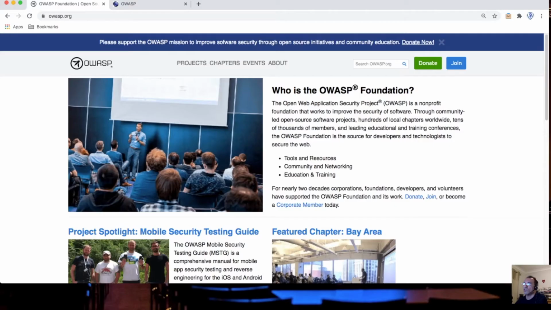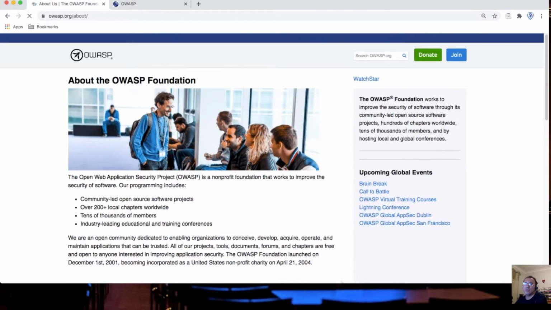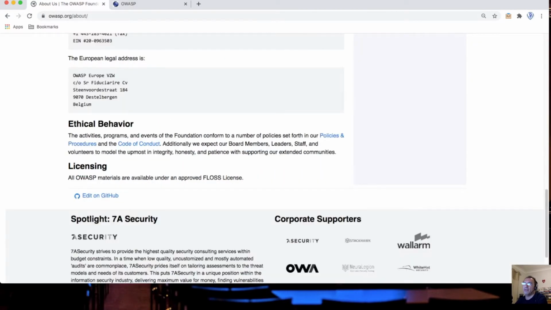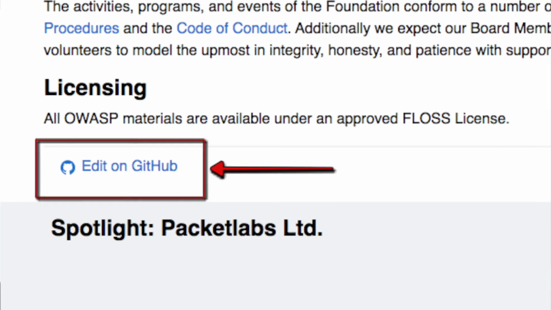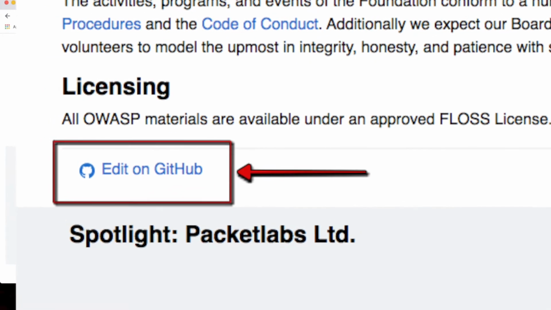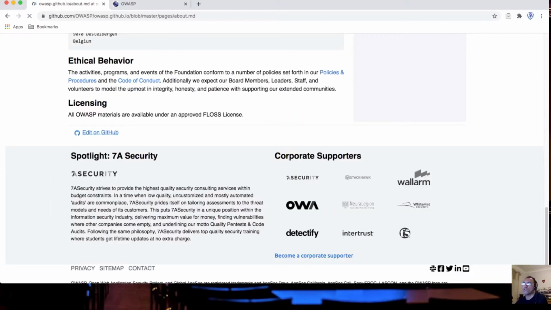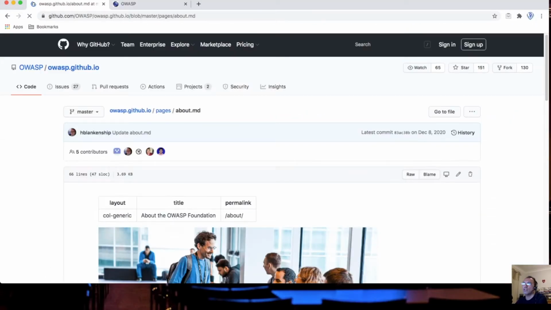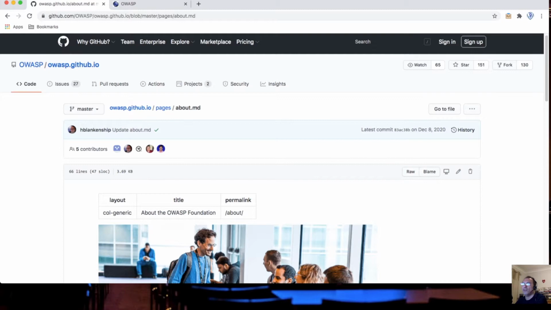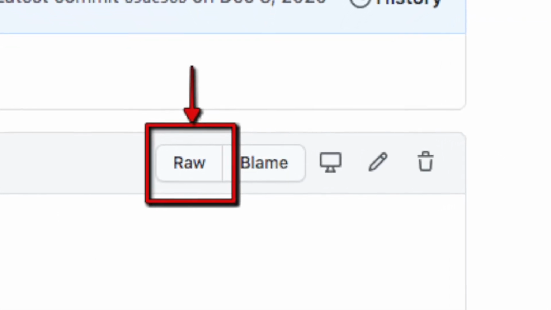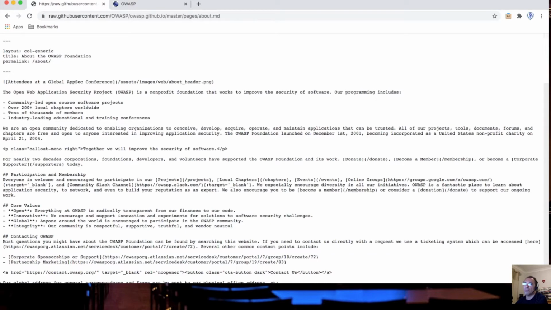So let's, for example, look at the About OWASP page and scroll to the bottom of it. And here is the Edit on GitHub button. If we click on this link, we will end up on the actual source code for that web page inside the OWASP GitHub repository. There you go. This is the actual source for the page, and if we click on the raw button here, we will see the actual raw markdown